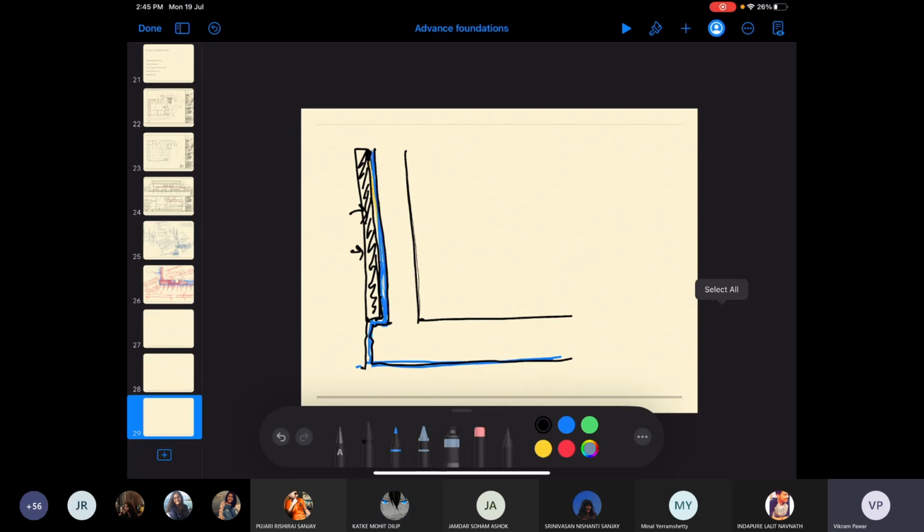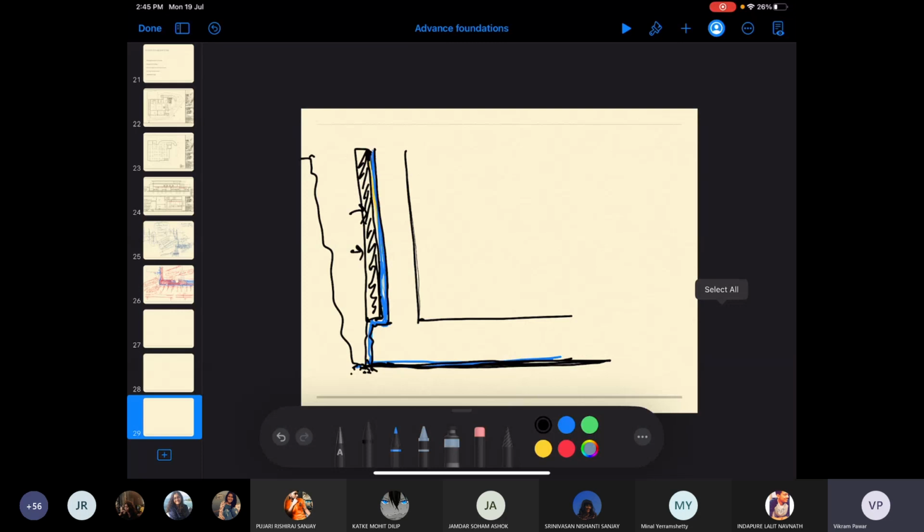Followed? Okay. Now let's come to your question about how this can go beneath. For that you need to start with the sequence of operation. My first layer is going to be a PCC, or I'm going to level the surface. I'm going to put a plastic sheet.